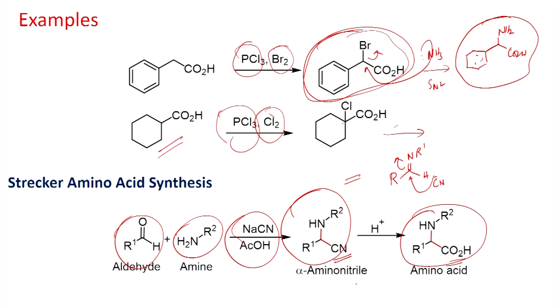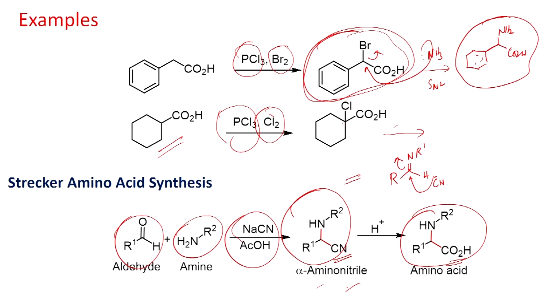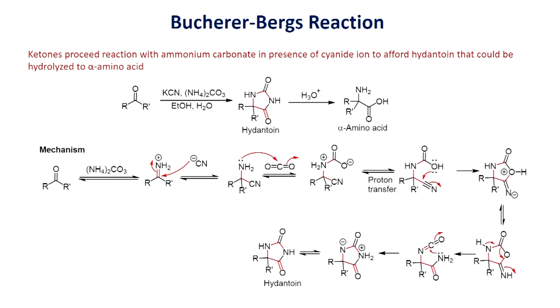So, in this way, if you have aldehyde and amine, they can be readily condensed to give the imine. That imine can be reacted with cyanide, and you will be able to form the alpha amino nitrile derivative. This can be further hydrolyzed to carboxylic acid. This is another approach to make the alpha amino acid as a product. Here is another example. If you have the ketone, it can be readily reacted with ammonium carbonate to give imine as shown here.